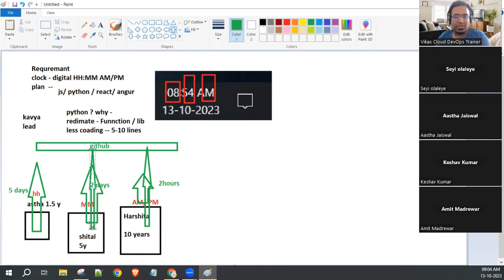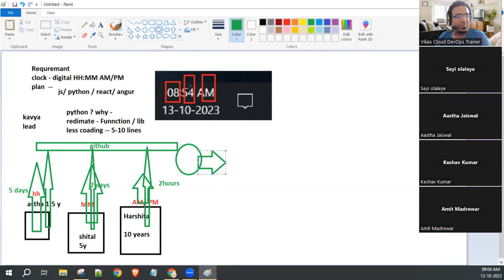Now she doesn't have any ticket, so the manager will assign another ticket. Both people are free. Now, as soon as Kavya's work has been completed, Kavya will push the code here. He will bring Sheetal or Harshita, anyone, and merge the code. All 3 parts of the code will get merged. And after that, as soon as it gets merged, one new application will be created.